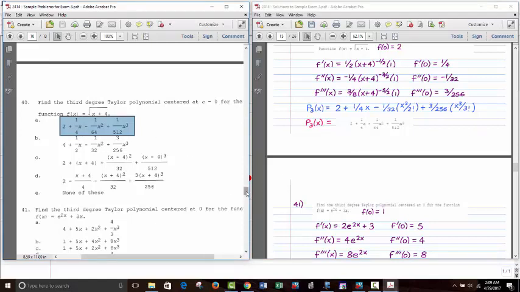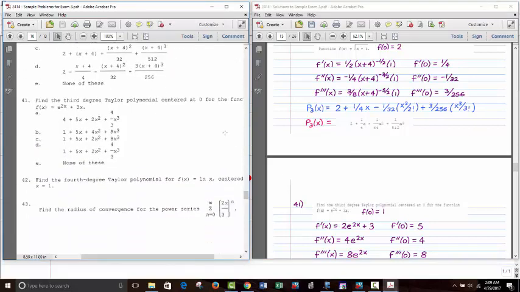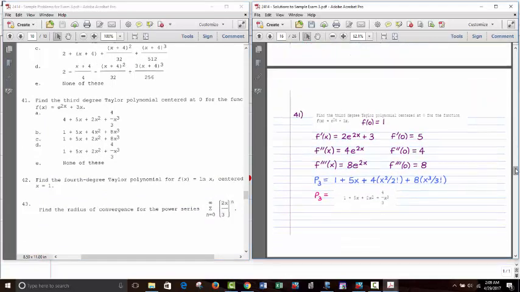Let's take a look at 41's another Taylor. Third degree. There's a fourth degree coming up. So derivatives of e to the 2x plus 3x. The first derivative would be 2e to the 2x plus 3. Then the 3 will go away, and you'll just keep multiplying by 2. So it'll be 4e to the 2x, and then 8e to the 2x. And we have then,